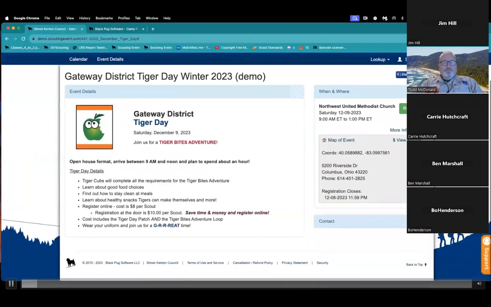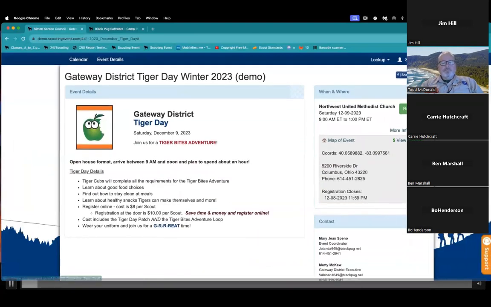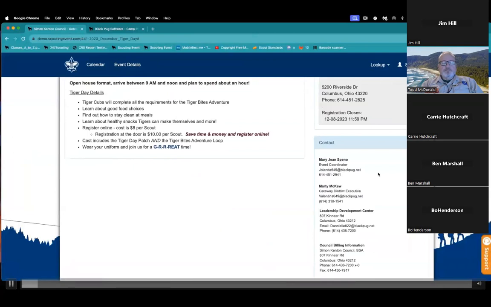You will also find the contact information here. If you have questions about the event, there will usually be a contact listed in here. If nothing else, you'll see the service center information, so there's a phone number that you can call. But depending on the event, you may see one or more people here who can field questions, and you'll see their phone number or their email, sometimes both.